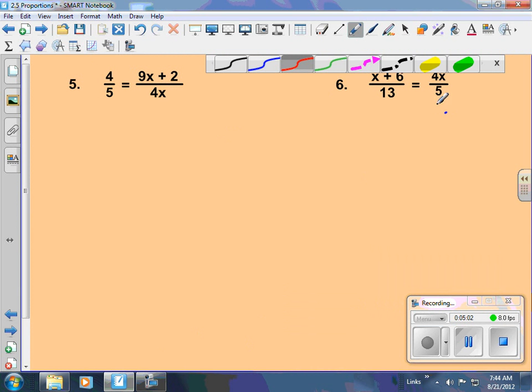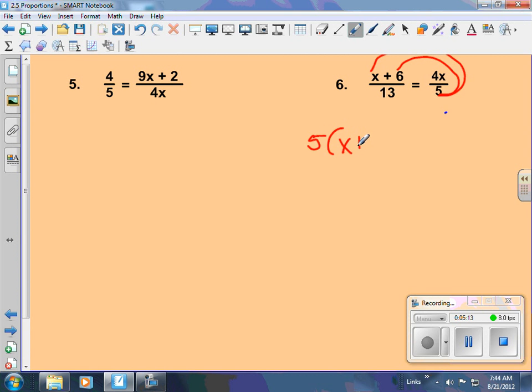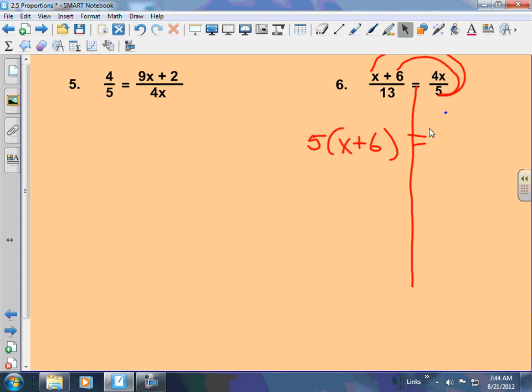Okay, another way to write this is your 5 has to be multiplied to the 6, and it has to be multiplied to the x. So another way we can write this is we can go 5 times x plus 6 equals, forgot my vertical line at the equal sign, equals 13 times 4x. Okay? So now, this is 5x plus 30 equals 13 times 4 equals 52